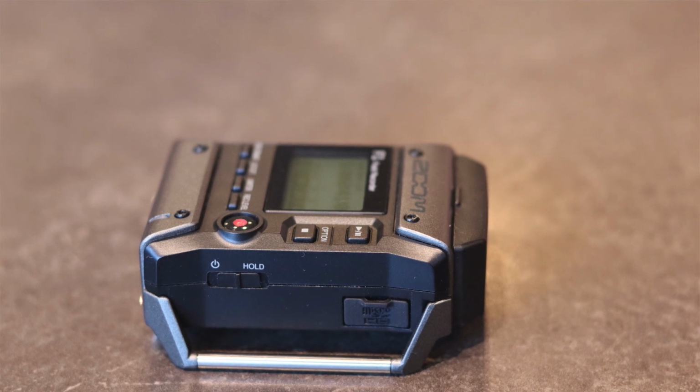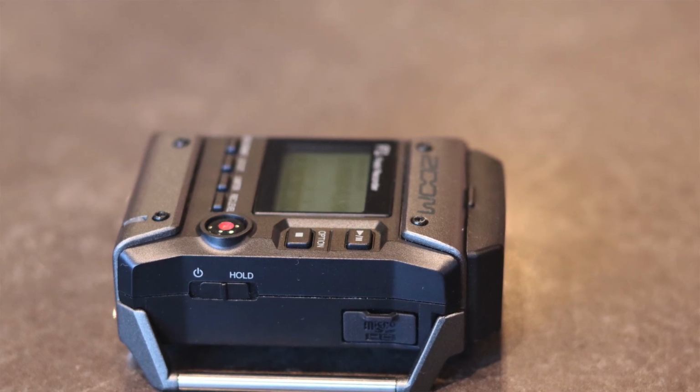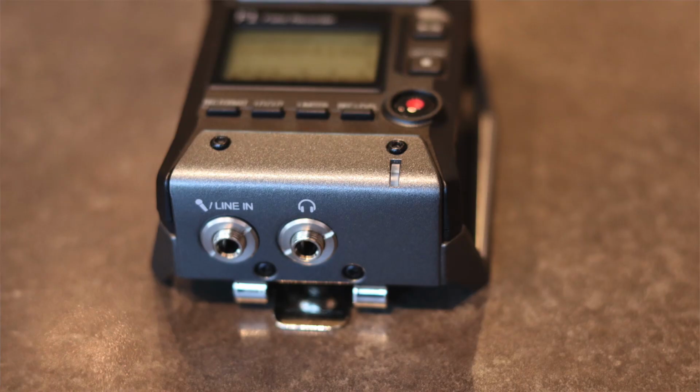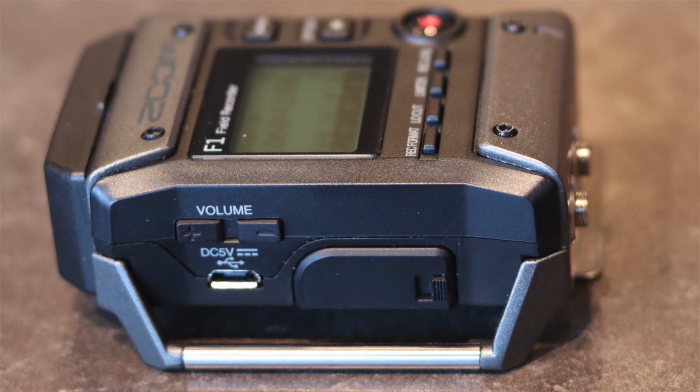You have access to these main features directly from the front panel. There's a power switch here, along with a lockout hold button, so you can lock all the settings during a shoot. All the data is recorded to a micro SD card, and in addition to the microphone input port here, there's also a headphone jack, so you can monitor the audio. There's a volume control for the headphone jack. There's a micro USB port here, which you can use to download the audio directly into your computer and synchronize later. The Zoom F1 takes 2 AAA batteries,